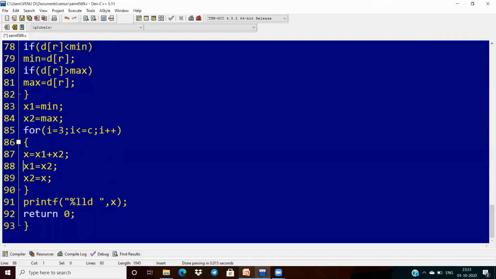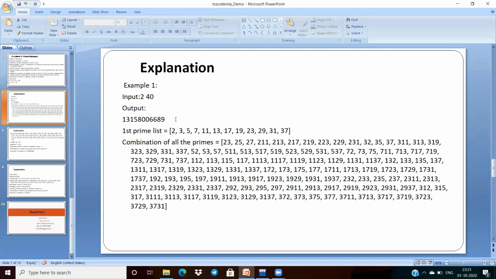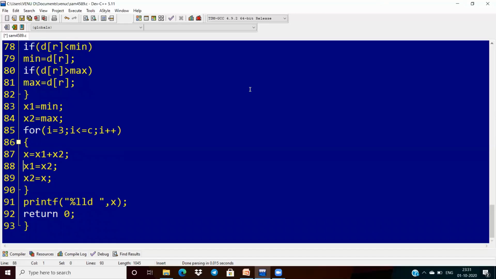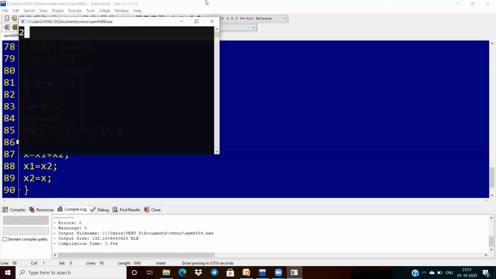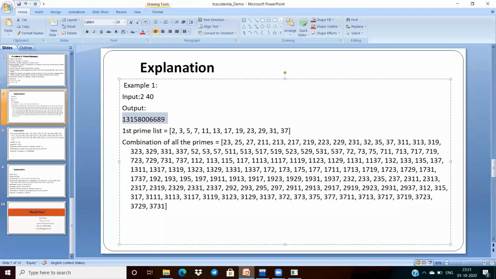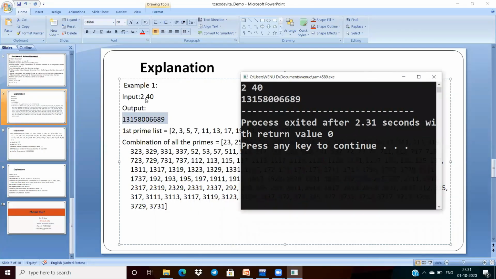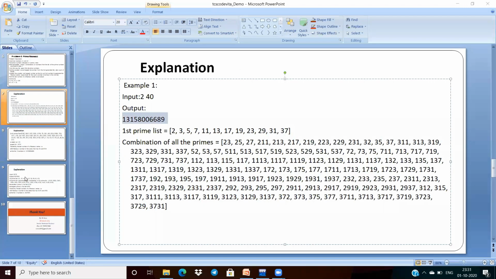Now, what is the expected input? The input is 2 and 40. The expected output is this. See, I'm getting the correct output for 2 and 40: 1315800668. Yes, exactly correct. And see the second scenario.